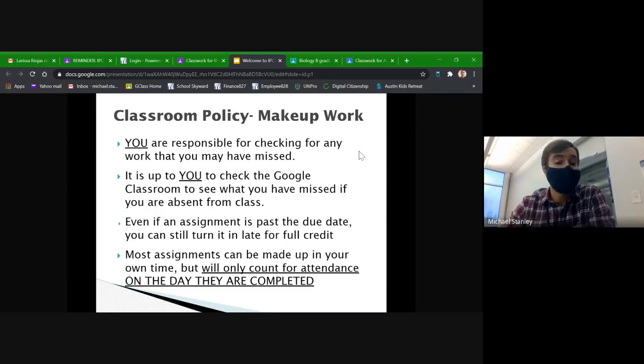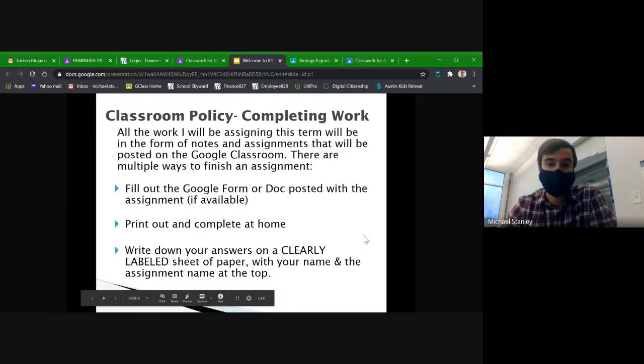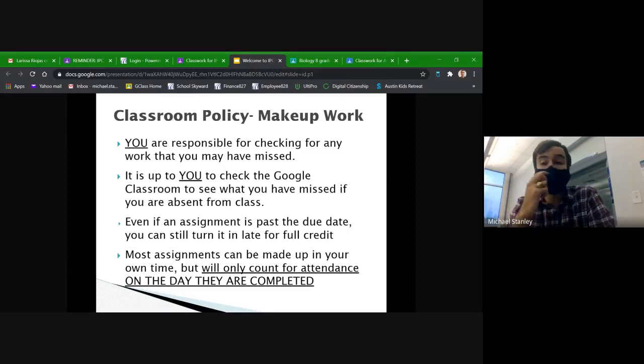So if you do fall a little bit behind and you miss one or two days, that is totally fine. It is okay. Even though the due date for an assignment might be on a specific day, you can come back and turn that in at any point in the future for full credit.